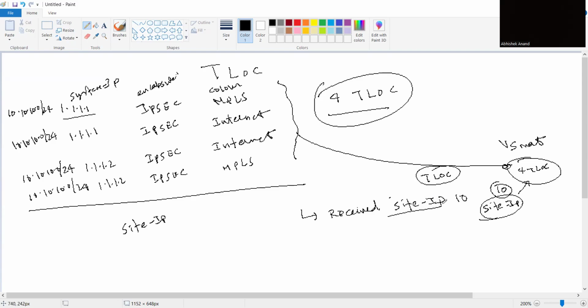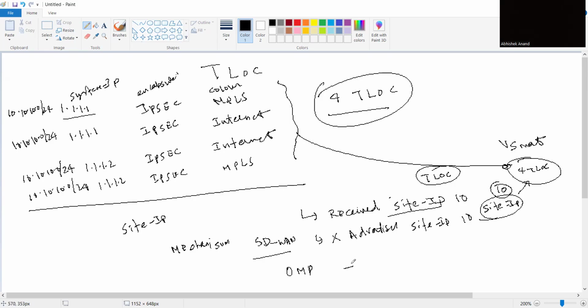will not advertise the same TLOC to site ID 10. So this is the loop avoidance mechanism for SD-WAN. If anyone asks you what will happen, you have to say that the OMP protocol